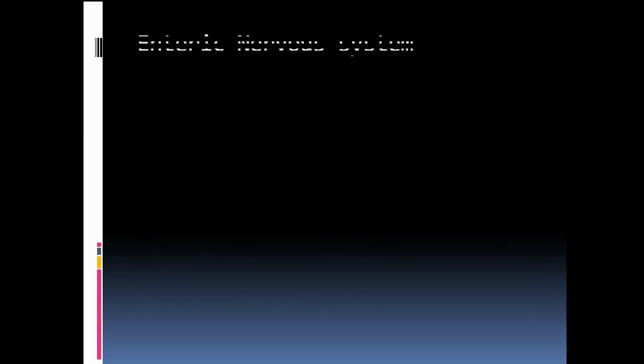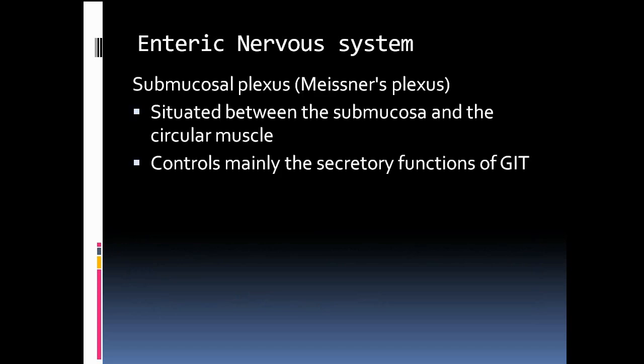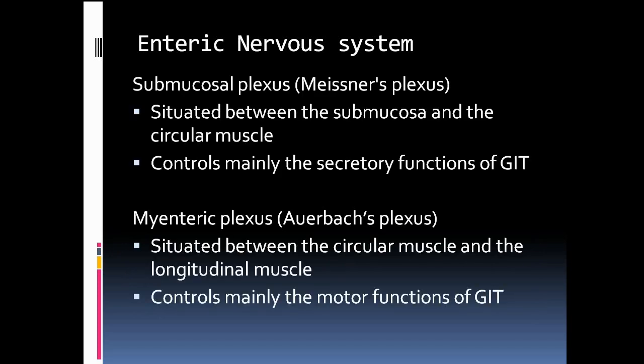In detail, that is enteric nervous regulation. The enteric nervous regulation has the submucosal plexus, which is known as Meissner's plexus, while it has another group of plexus, known as the myenteric plexus, that is Auerbach's plexus. In conclusion, the enteric nervous system of the GI tract has two groups, submucosal plexus and myenteric plexus. The submucosal plexus is also known as Meissner's plexus, while the myenteric plexus is also known as Auerbach's plexus.